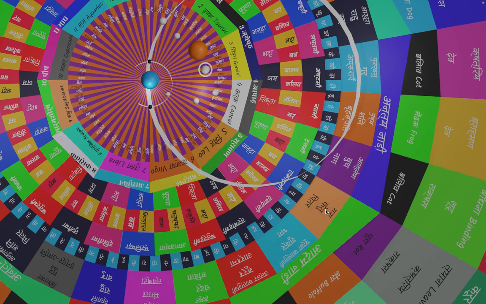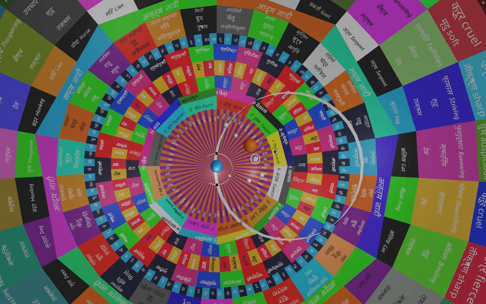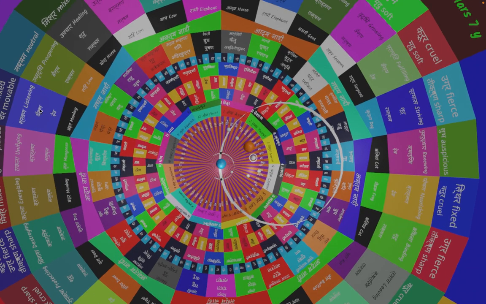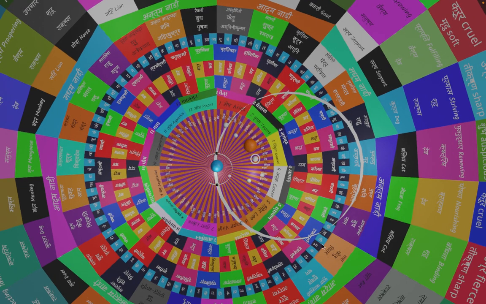So when a person is born at this time, the Mahadasha of Ketu under the Vimshottari Dasha will start. Where is the Ketu Dasha? Let me look for it. Here is the Ketu Dasha, and it will go on for 7 years. Now we have to look where exactly the moon was. We have to look at Pada 1, 2, 3, 4. If 2 are gone, that means half the Mahadasha is gone. If it just started, then the whole Dasha is left. If it is about to end, that means the Dasha is about to end.